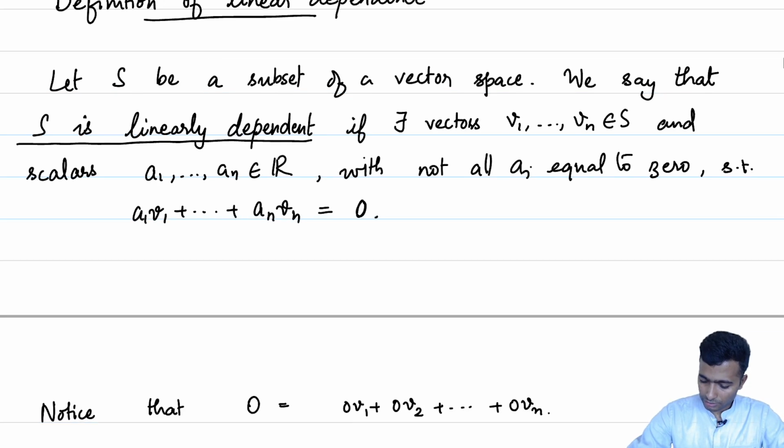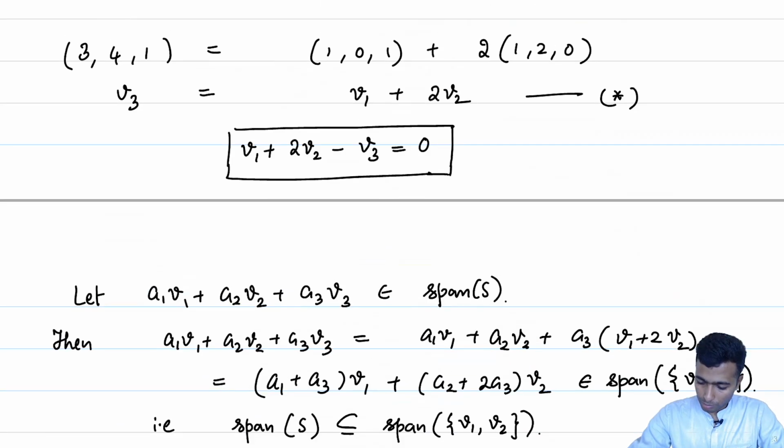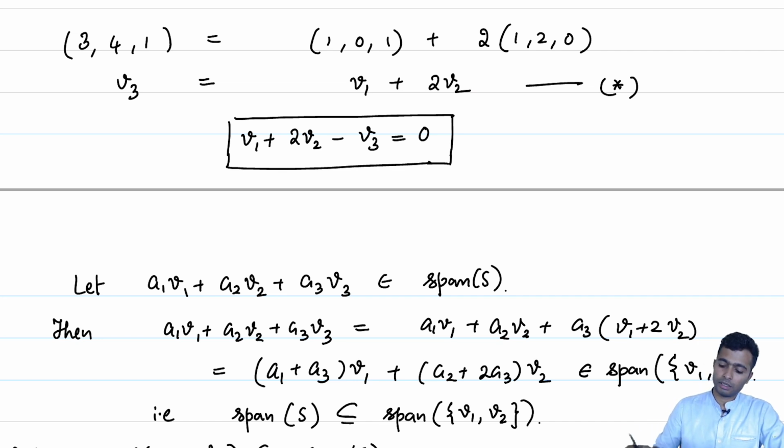What our definition demands is that we can write 0 as a linear combination of V1, V2, up to Vn in a different manner than writing it as a linear combination with coefficients 0. So, not all of the ai's should be 0, at least one of the ai's should be non-zero, and a1 v1 plus a2 v2 up to an vn should be equal to 0. Then we say that the set S, or v1, v2 up to vn, are linearly dependent, or more generally the set S is linearly dependent. So, if you notice carefully, the box here effectively told us that v1, v2 and v3 are linearly dependent.